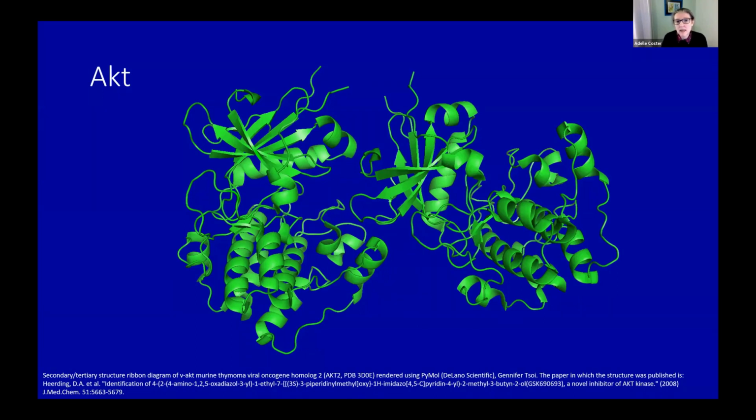So you see changes in AKT dynamics and expression having ramifications on type 2 diabetes, on cardiovascular disease, and also in cancer. So it's a very important molecule that needs to be tightly regulated in healthy cells. So for me, I'm mostly interested in the metabolic pathway, so glucose transport.